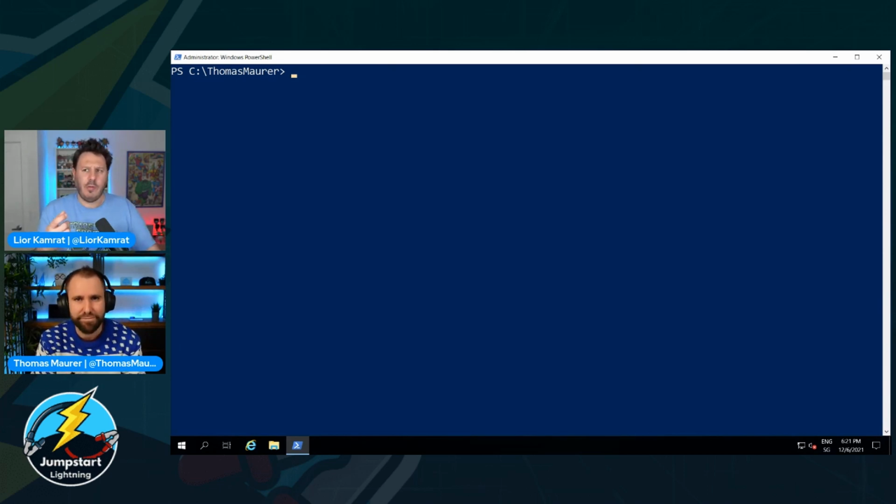So, Thomas, let's connect the dots here for a second. I think this is a super important one because if you're thinking about Azure Arc-enabled servers and what you can do with that, the one thing that we're always saying is that Azure Arc-enabled servers is really a gateway for doing governance, security, compliance, and management at scale for resources that are deployed outside of Azure by bringing them into our control plane. Right? That was always the pitch, the value prop.